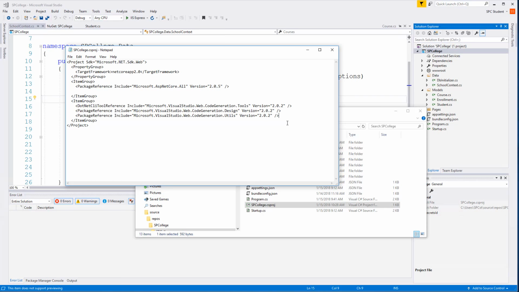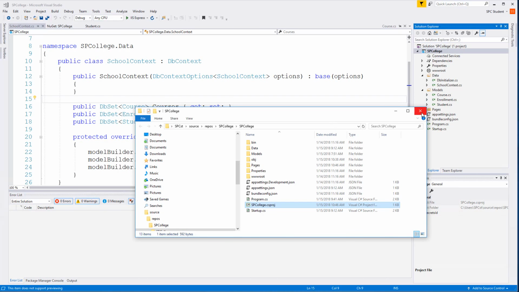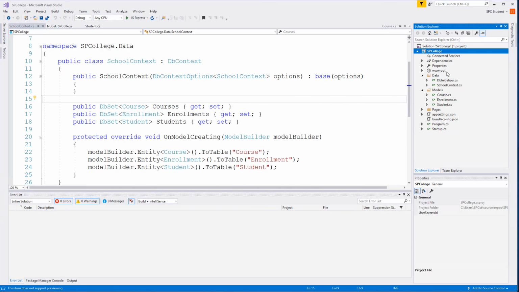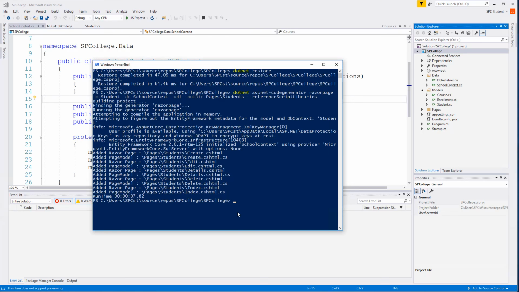Go ahead and pause this if you don't have those two lines. Go ahead and save the file, close, and then what we're going to do is do the same thing. We're going to go back into our PowerShell, run that command again,